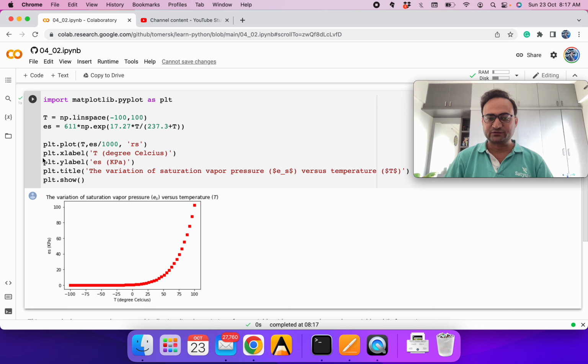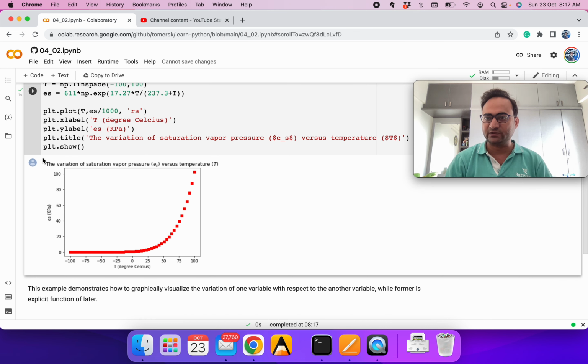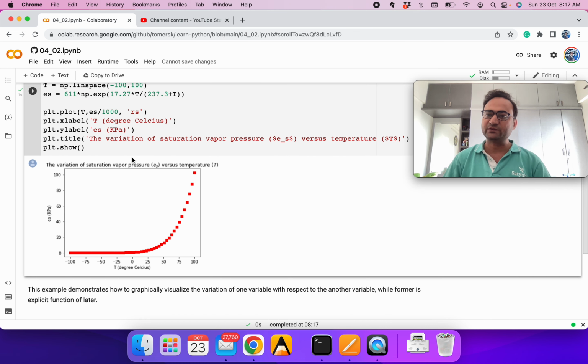It's a very user friendly library, and I prefer to use this library over other libraries. But there are many libraries in Python you can easily use to make plots. This is not the only one, and that's the beauty of any open source language. If you take commercial software, typically you will get only one way of making the plot. In open source, like R or Python, you can pick whichever library you like. There are many new libraries that keep coming up. Many people put a lot of effort into them, so you can use some beautiful, user friendly ones. So you have a variety of options, and you can pick something from there.